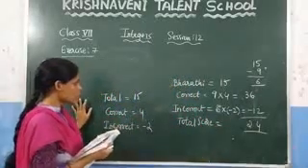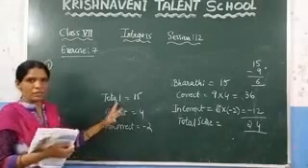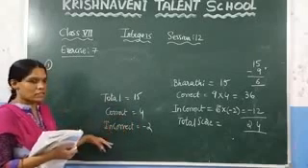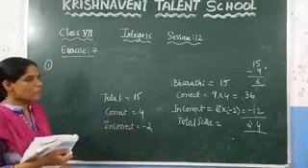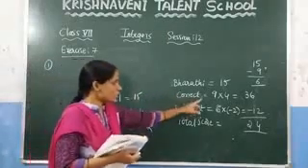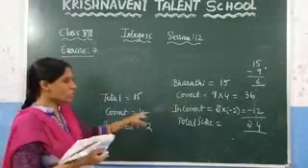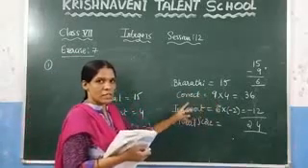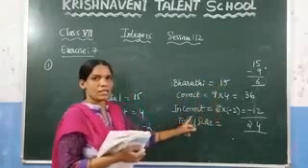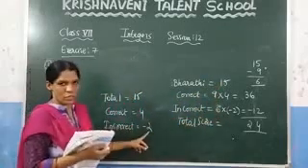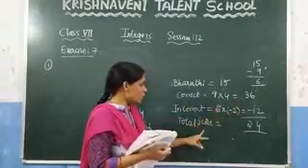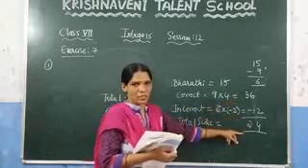So what is the question given here again? The total number of questions they have given is 15. For the correct answers, you get 4 marks. For the incorrect answers, minus 2 marks will be reduced. She attempted 15 questions. In that, 9 questions are correct. Since 9 questions are correct, you need to multiply with 4. So you get 36. So how many questions has she written wrong? Which is nothing but 15 minus 9, which is 6. For each incorrect answer, how many marks are they reducing? Minus 2 marks. So here 6 into minus 2, which is minus 12. You need to calculate the total score so that you will get the answer as 24.